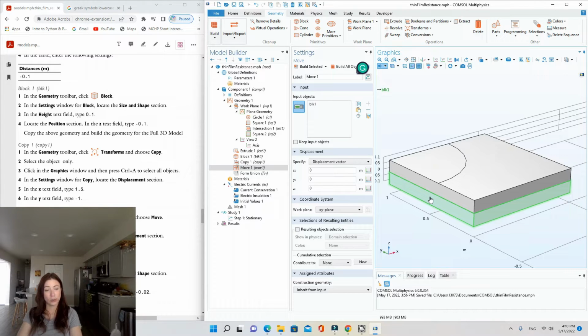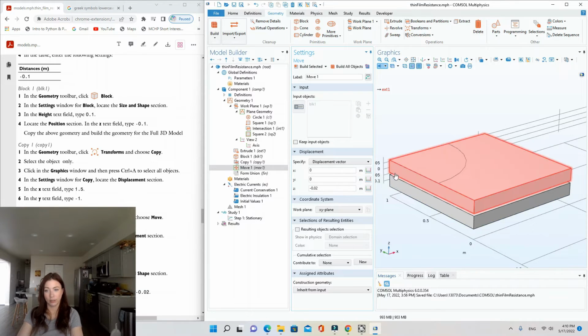In the settings window for move, locate displacements, and in the Z text field type, Z equals negative 0.02. So we're just moving it down by 2 centimeters for our real model, which will have a 2 centimeter thin